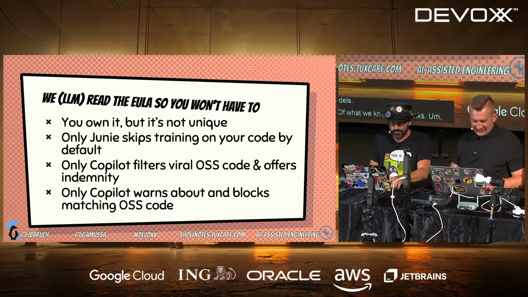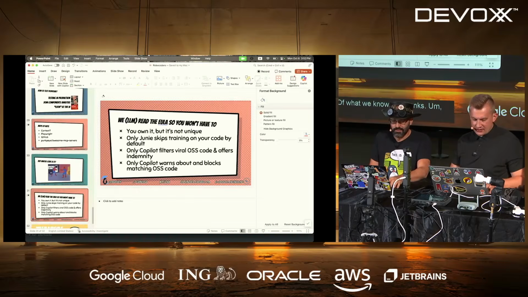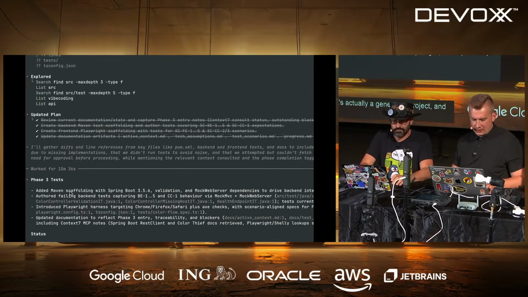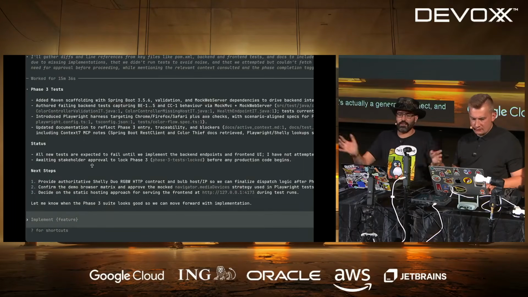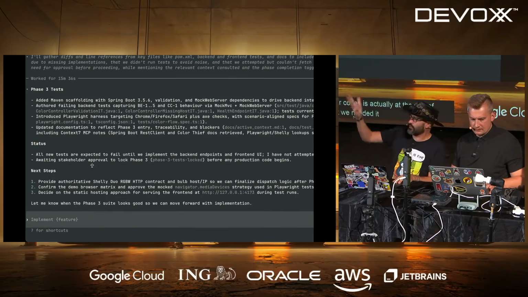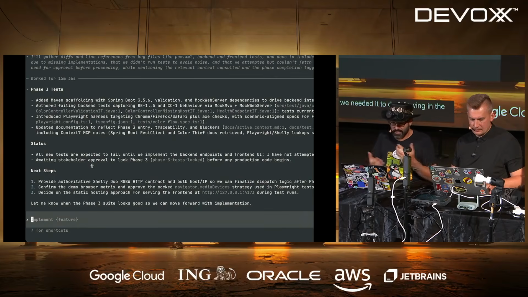Anything to show? I'm still working. It's actually a generated project, and it compiles. Okay, let's see. Our Codex is actually at the end of phase 3. And phase 3 did exactly what we needed it to do, following the internal integrity chain. It generated scaffolding for the tests.